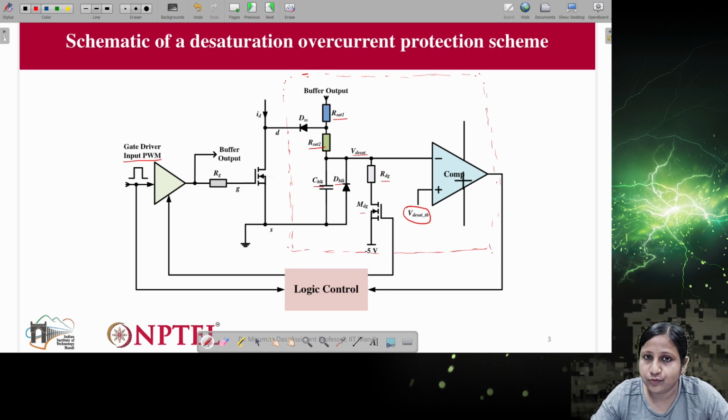Until we know where the device is operating, in saturation or the active region, we cannot provide this protection. That is why for wide bandgap devices, where we probably don't have all the information, implementing this protection becomes difficult.